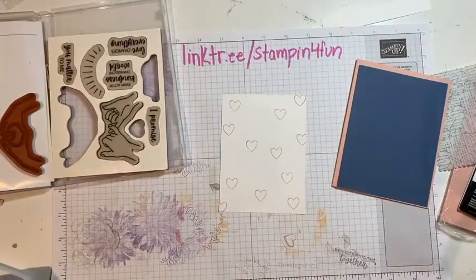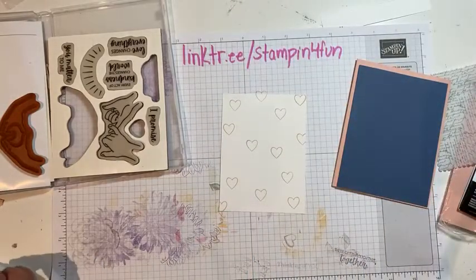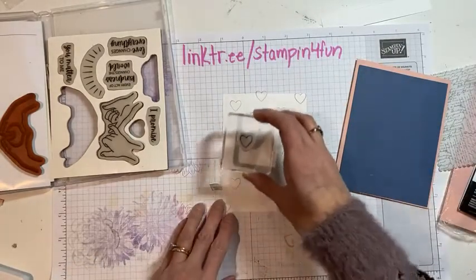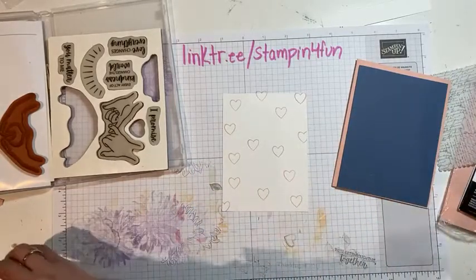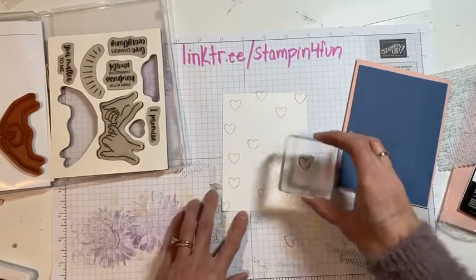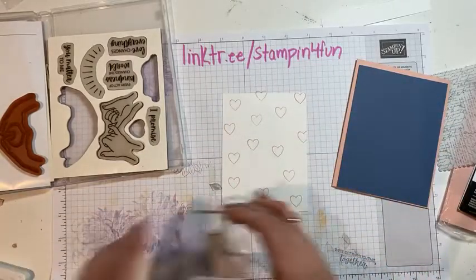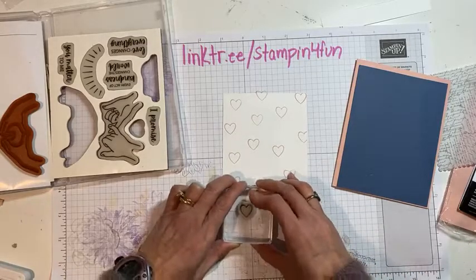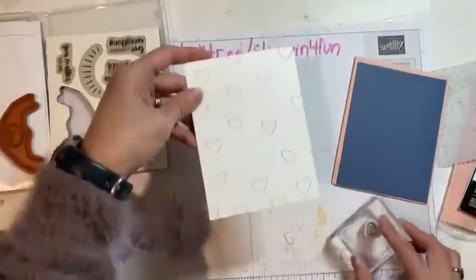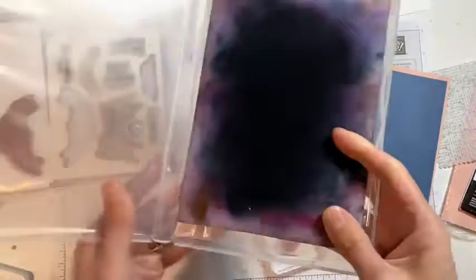Okay, so I'm just creating a little background here with the hearts. See how easy it is to stamp? So satisfying, and so awesome that with our Blushing Bride, I love the coordination of Stampin' Up! colors. You just can't go wrong. I'm telling you, you can't go wrong. Okay, I'm probably going a little crazy. Maybe I don't need quite that many hearts, but okay. Let me just clean that with our...